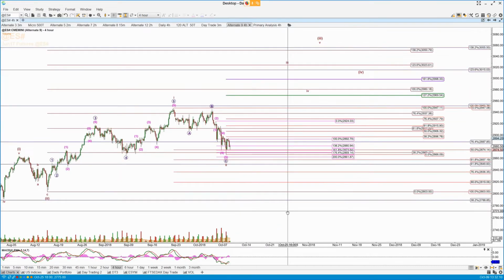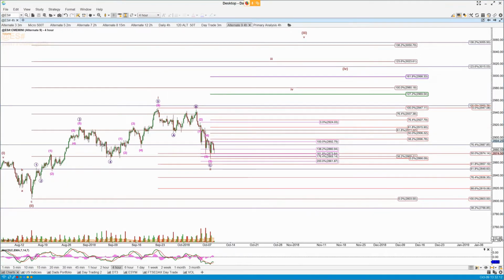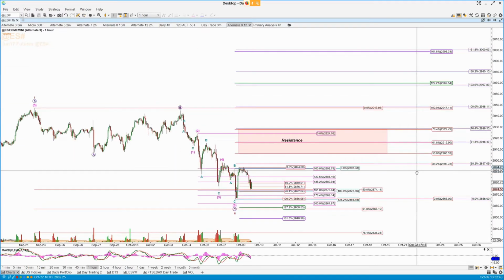And if that's the case, then the low that we saw yesterday was spiked underneath this 50% retrace level of all of this move up, and we started to reverse yesterday afternoon. We've got an A, B, C completed into that, and therefore I'm expecting a move up next in any event.